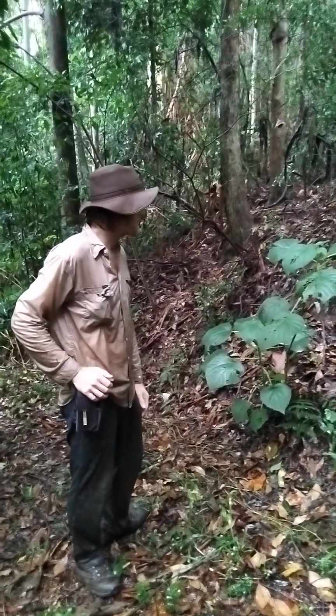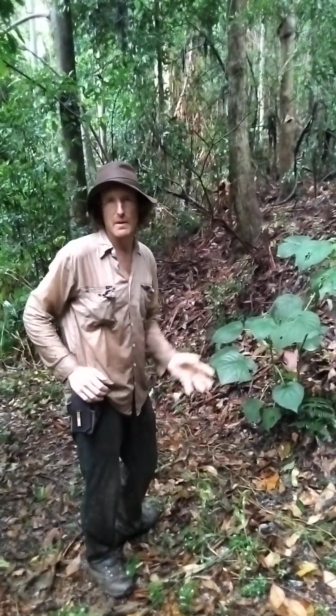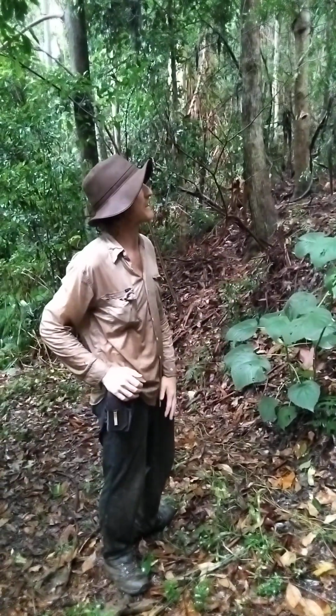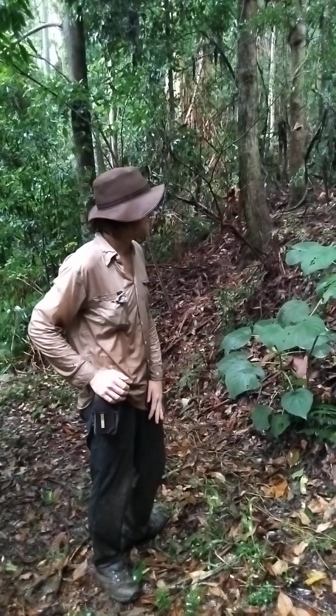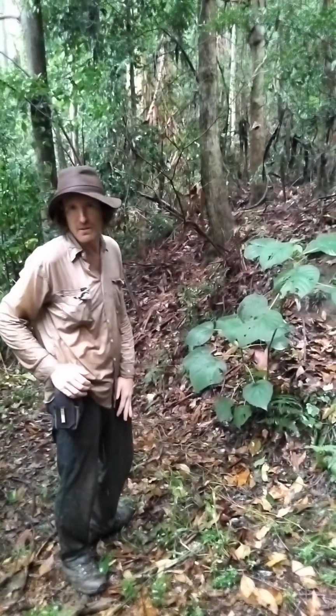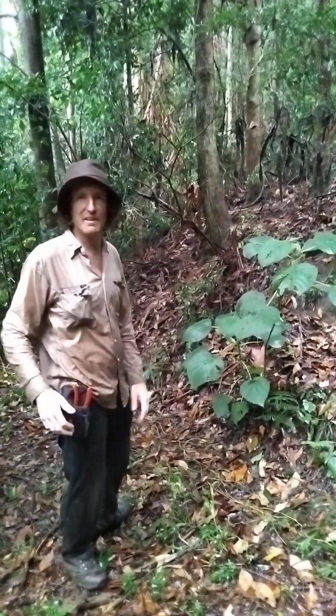So yeah, it's probably dispersed by some sort of bird or something like that for how it got into this bit of bush. And yeah, I think that's pretty much it about the Gympie bush. Most painful plant in the world. Okay,